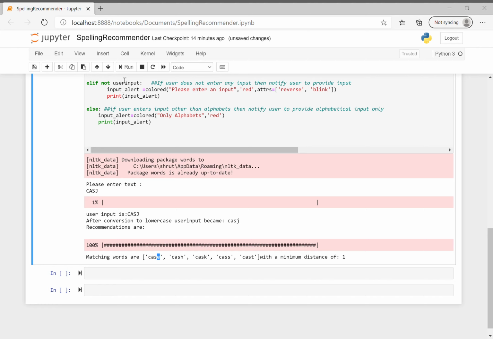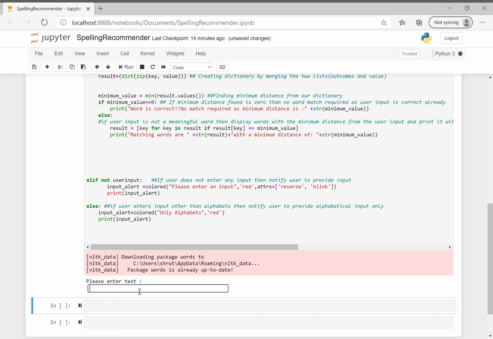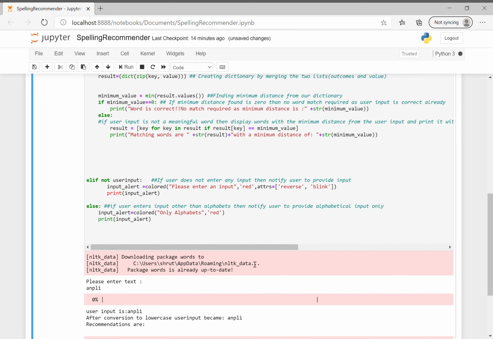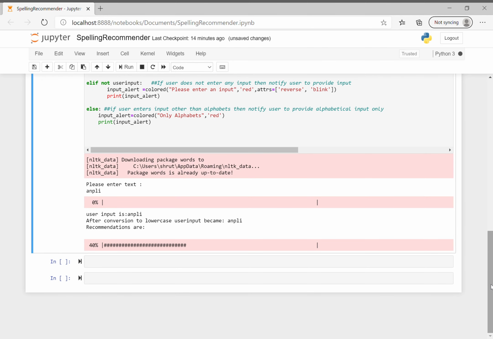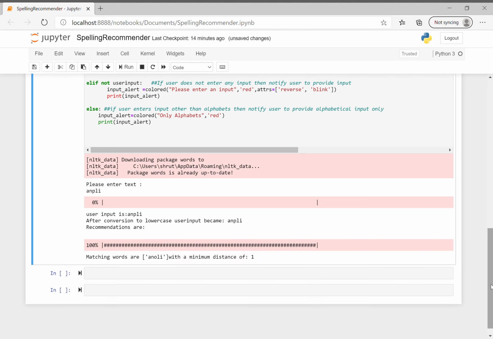So let's see if an alphabet in between is wrong. So for example, okay, let's see for this input what output we are getting, what our recommender is suggesting, right? So it's making progress. Let's see what the progress is all about. What's the possible word it could be, right? There could be n number of possible scenarios for this. Let's see, we are very close. There we go. So there's only one word that could be possible, with a minimum distance of 1. Okay, so this is how this recommender works.